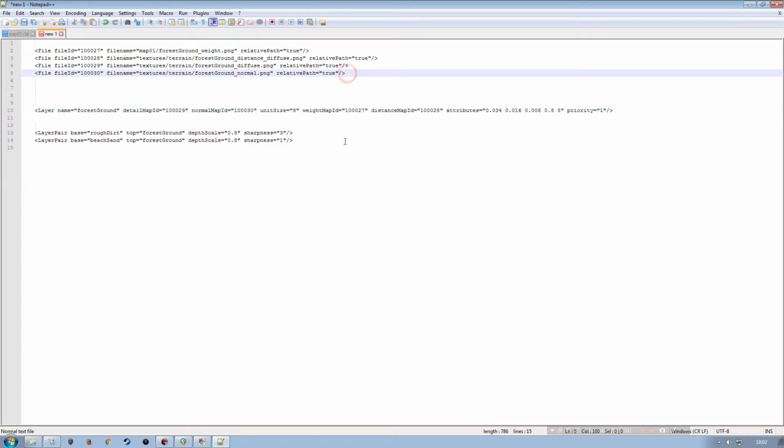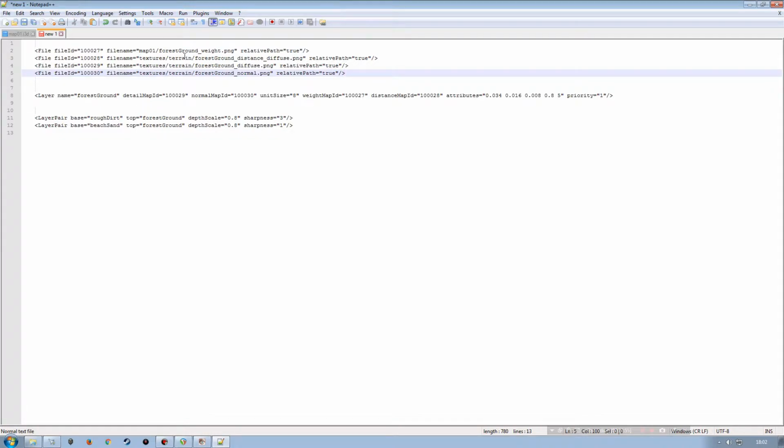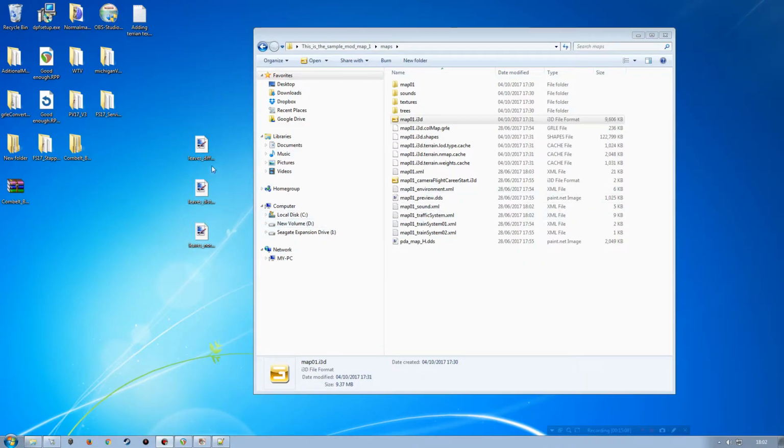Okay, so now we've got all of those parts. We obviously need to create a couple of things because we don't have a weight PNG, so we need to get one. We've got our textures, which we're going to be changing over to the leaves. So what I need to do here is change some bits and pieces, because I've got a leaves diffuse, a leaves distance diffuse, and a leaves normal. So what I'm going to do is take the text here, so I know I'm spelling it right,